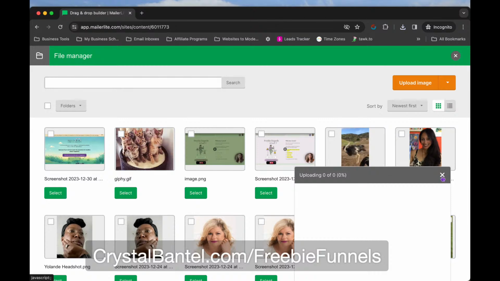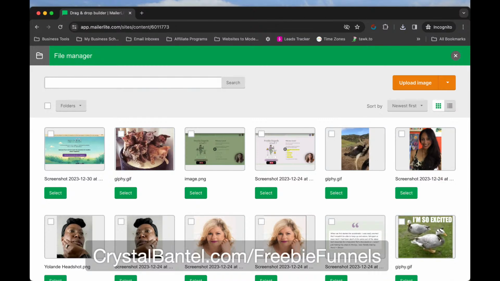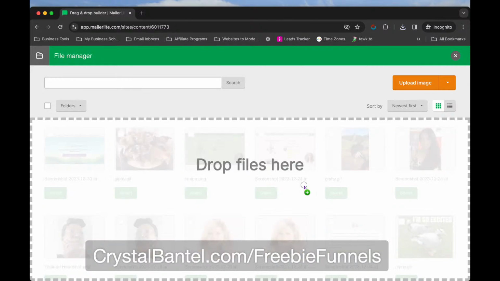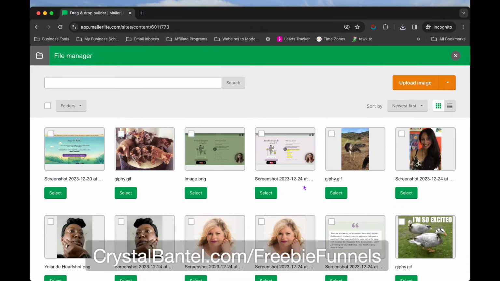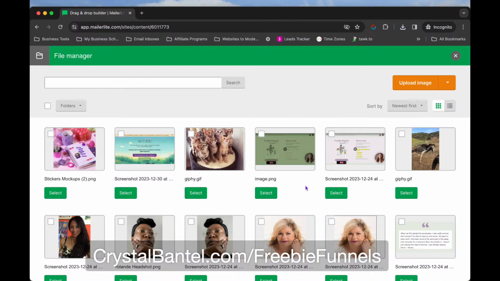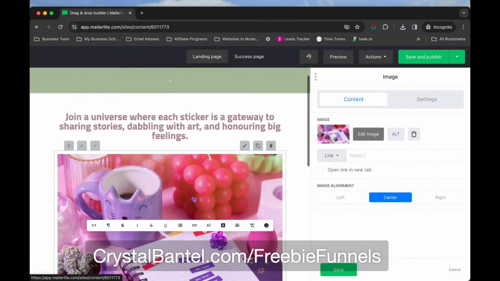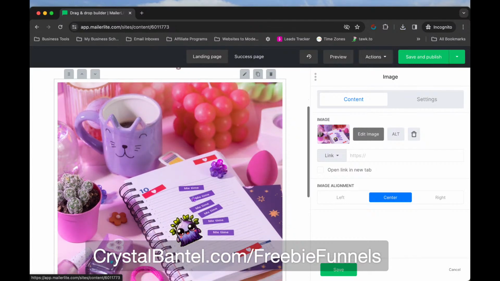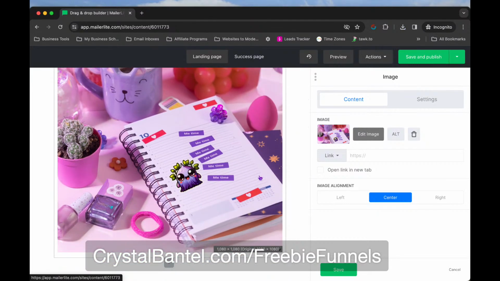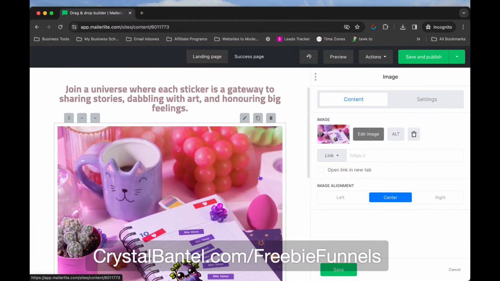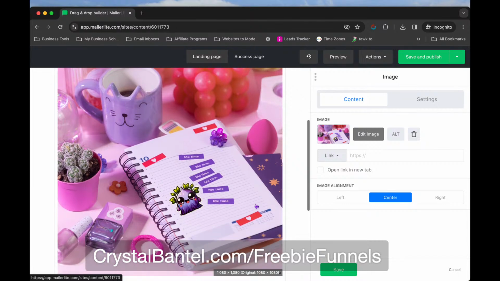Why is it not uploading? Oh, there it is. Select. Now, I think this is way too big. I think it needs to be a slimmer picture, I think would make more sense to me. So